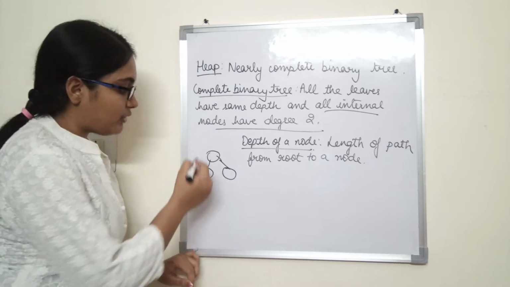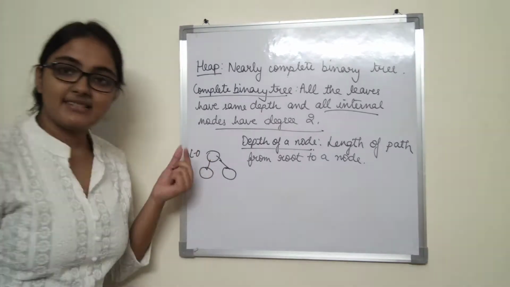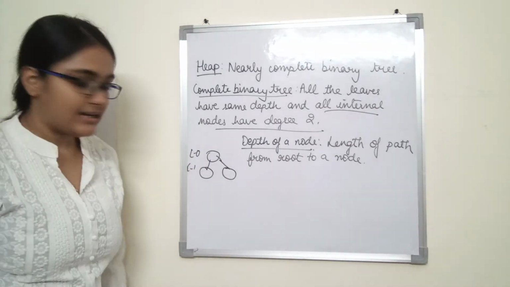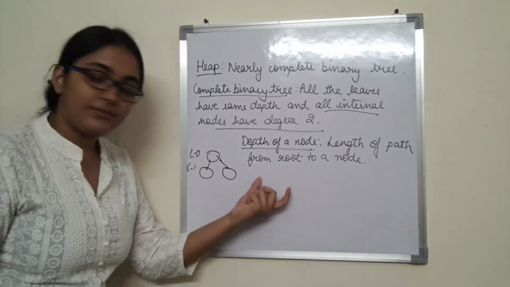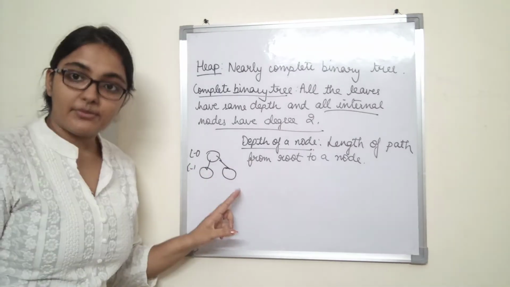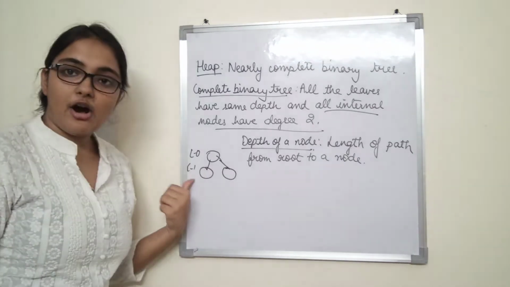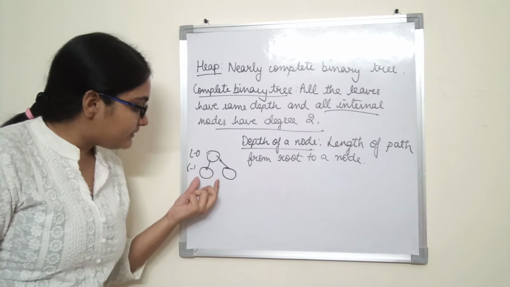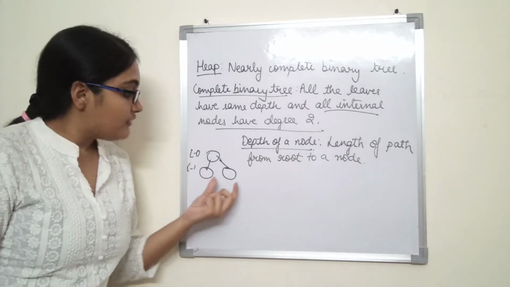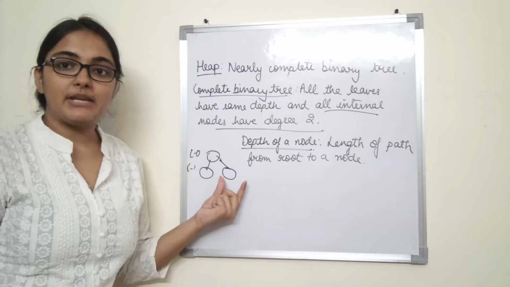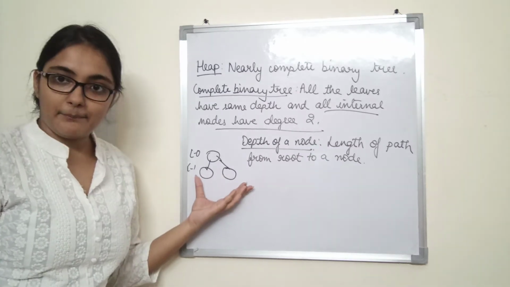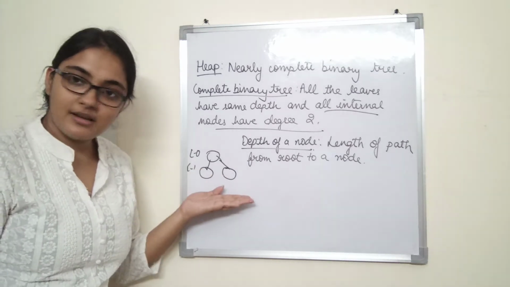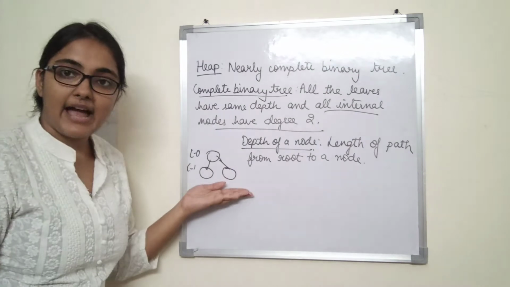Alright, now what is the level? This is level 0. Level you can think of as a depth. Level 0, level 1. Alright, so all these nodes have depth 1. At this level both the nodes have depth 1, so these nodes can be called level 1. Alright, so on both the levels it is filled. Now only the leaves are unfilled, so this is a nearly complete binary tree. Why? It is almost completely filled. It is filled on all levels except possibly the last. So in this level it does not have any nodes.